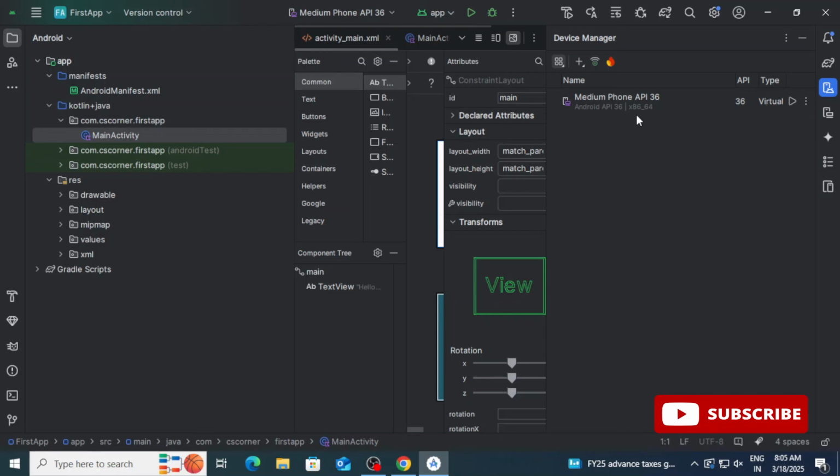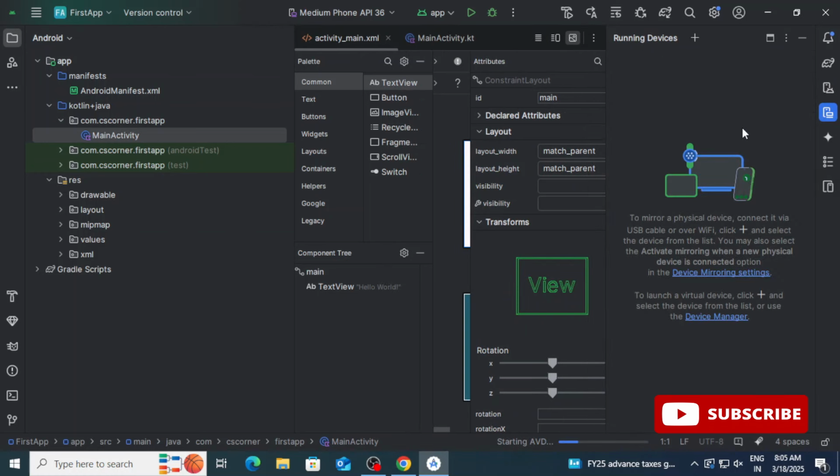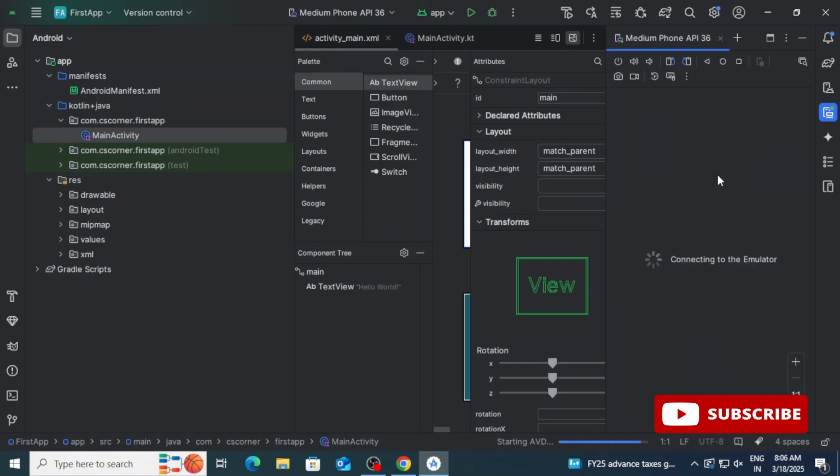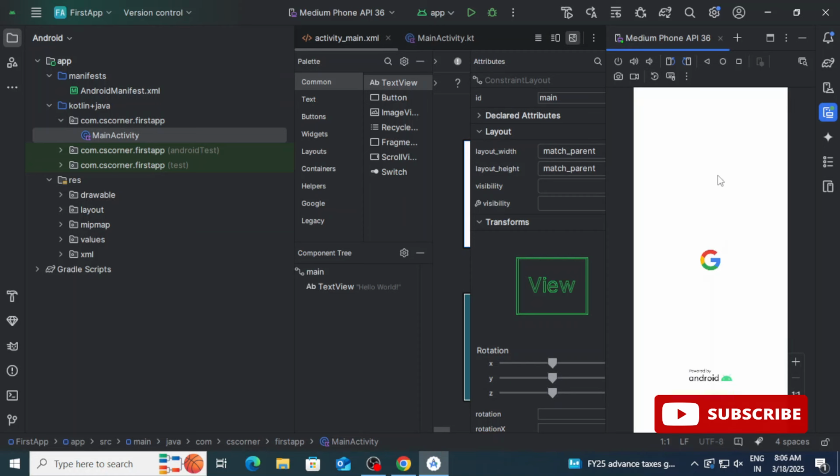Guys, we have already installed Android virtual devices. Here you can go to device manager, and you can see it's showing me my Android virtual device, with the name of the device. I'm going to start this Android virtual device. When you start it, it is not going to run your app. To run your app, you need to click on the play button. Here I'm just starting this Android virtual device to show you that my device is running.